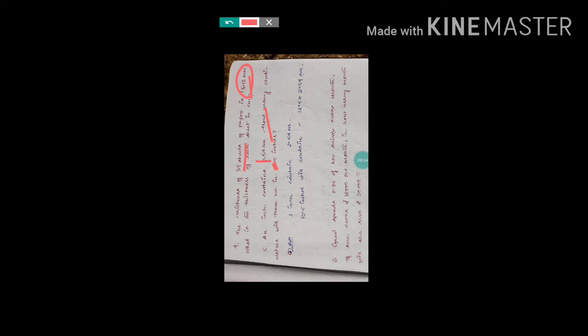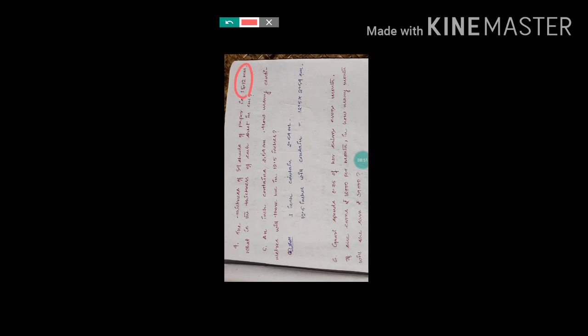After calculating, you will get the final answer. It is given in mm, but the question asks in centimeters. What is the thickness of each sheet in centimeters? That means whatever answer you get after applying the unitary method, you have to convert from mm to centimeters. Or you can convert before doing the calculation. Better you convert this mm to centimeters, then apply the unitary method, your choice. So this one you have to do by yourself.